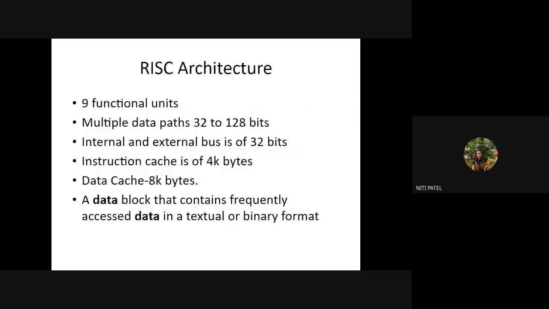Is this clear? So your RISC architecture is reduced instruction set, which will be executing very small instructions in one cycle. The size of the instruction is less than 16 bits, and millions of instructions can be executed in 1 second. Clear?